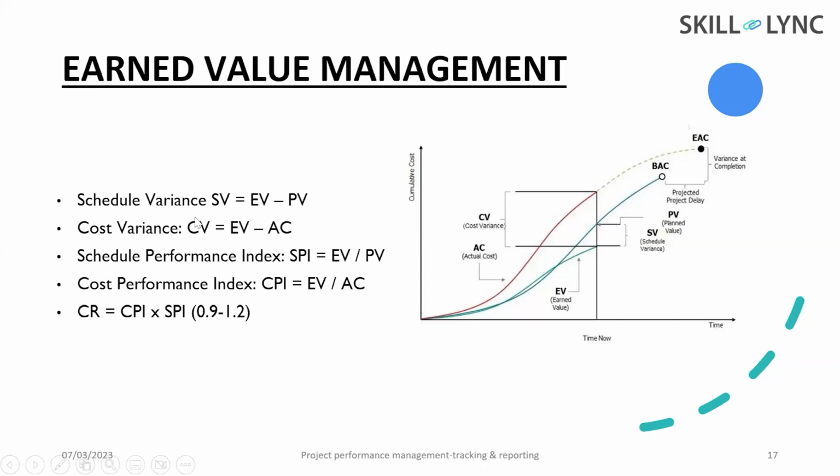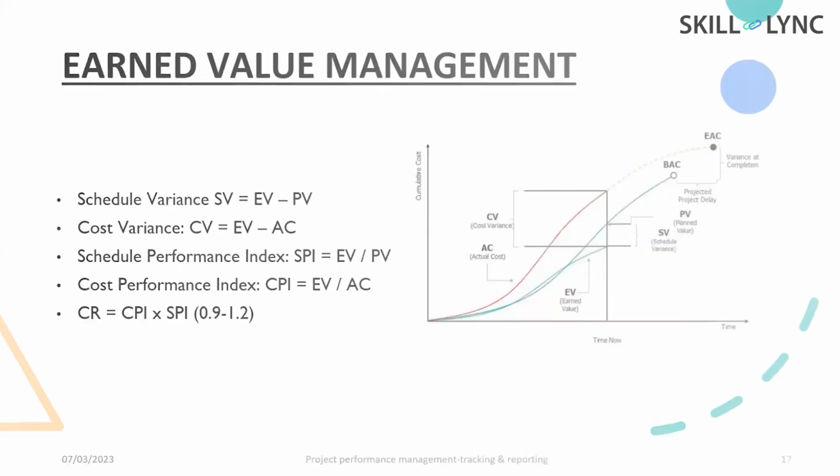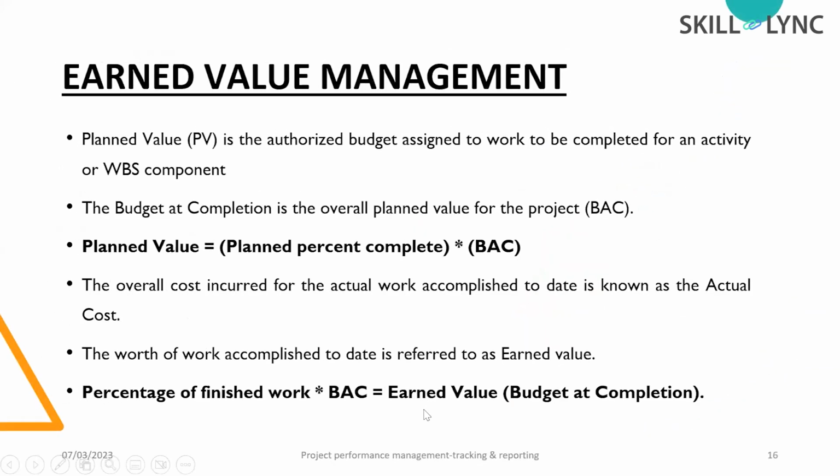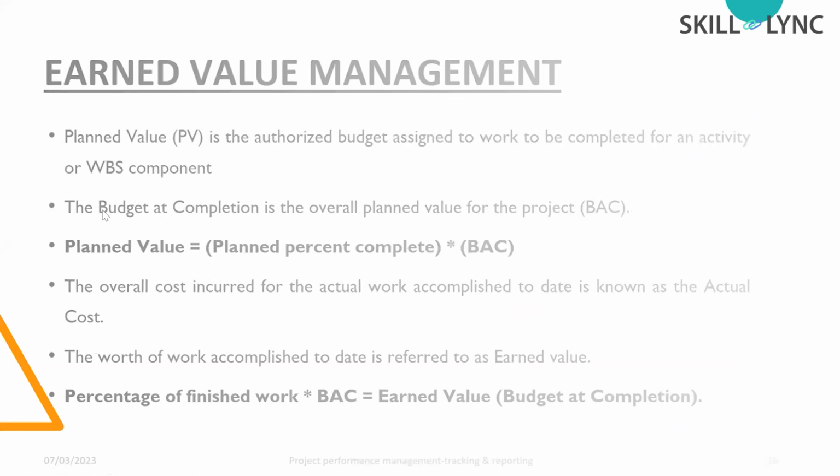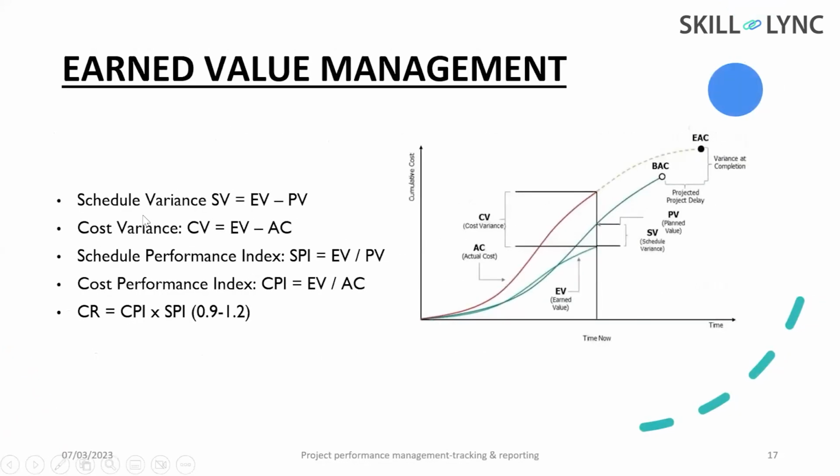So just keep this point in mind, schedule variance. What is the meaning of schedule? Like the time duration. So schedule variance is nothing but the difference between earned value and planned value. We know that earned value is the work accomplished to date, but the planned value will be different. This will be as per the estimate. So if there is a difference between the earned value and planned value, that difference will give you the schedule variance, how your project timeline or the duration variance is there.